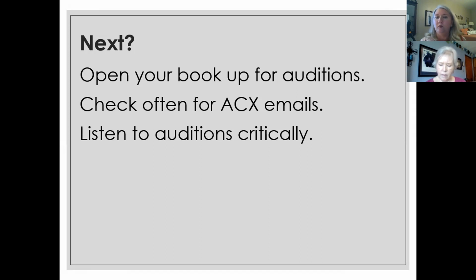And what they're going to audition on is not just a random sample. You're going to provide a script for them. You're going to put that into your profile, just like all of that other information, a little script for them. And usually they want that to be less than 5 minutes. They want it to be from a couple of different places in your book, especially if you've got different characters that have different accents. Try to sample as many of your characters as you can so that you can